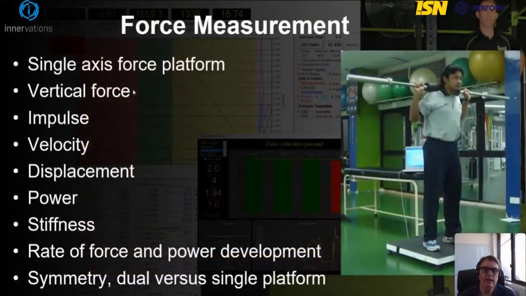So I want to move on, given the limited time we have, and just give very brief snapshots of key performance qualities that we would assess as an example for a team sport athlete, such as football, American football, or rugby league, rugby union, hockey, and how they would be assessed, the sort of parameters that we examine there, and giving some examples. Now, first off, we'll talk about force measurement, and this is now used extensively, and one of